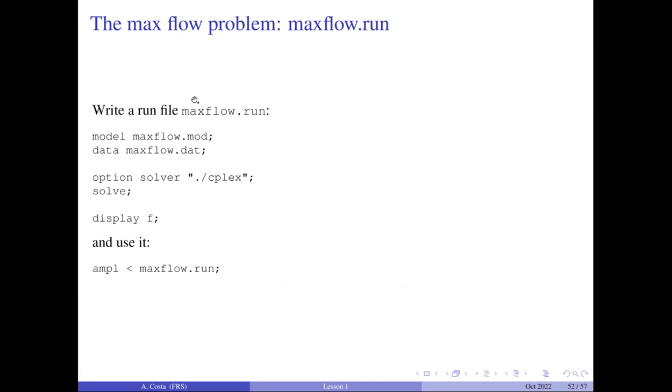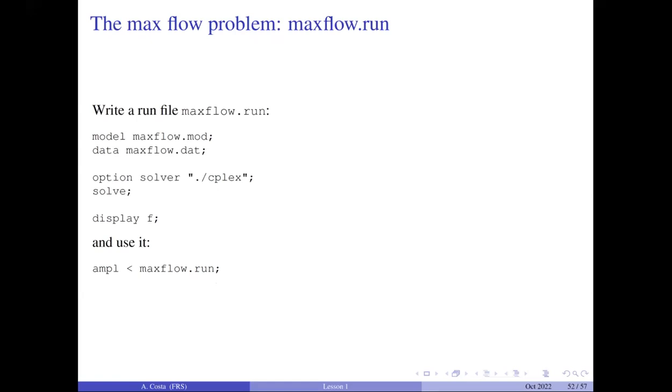And then when you have this run file, you save the run file, and then if you are on Mac, this is the way to run. If you are on Windows, there was the slide earlier telling you what you have to do. You have to double click on the AMPL application in the download folder, and then you have to write include maxflow.run. You click and it should run. This is more or less the idea.